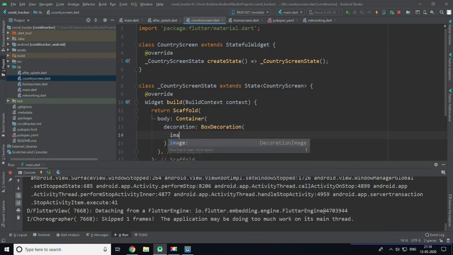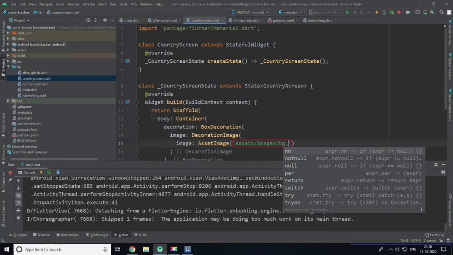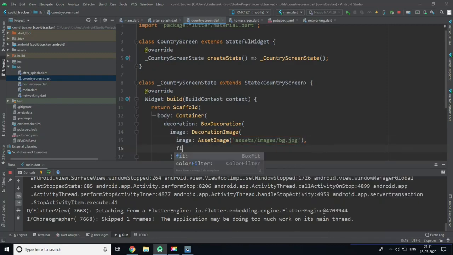and in box decoration I need to set an image which is a decoration image, and in this image I will set an asset image which is called assets underscore images underscore bg.jpg and fit it as boxfit.cover.